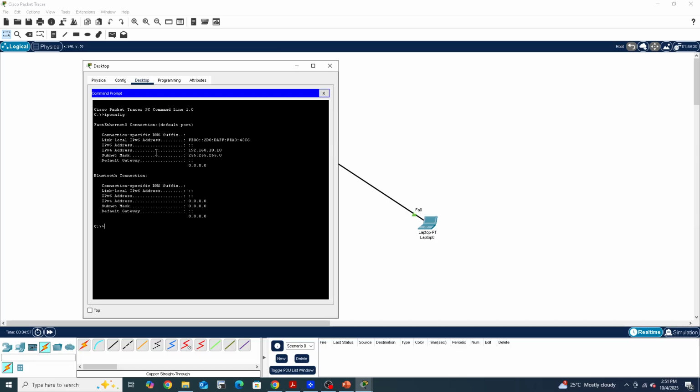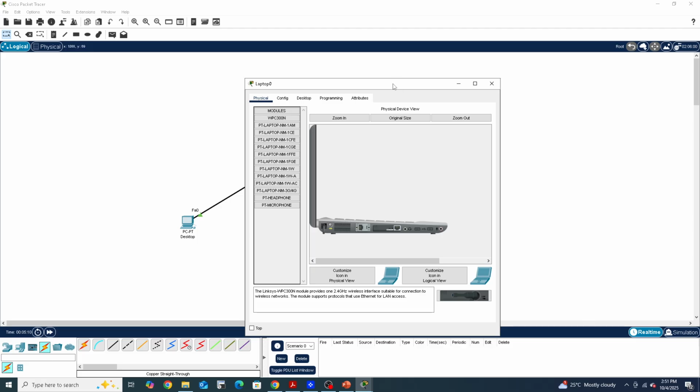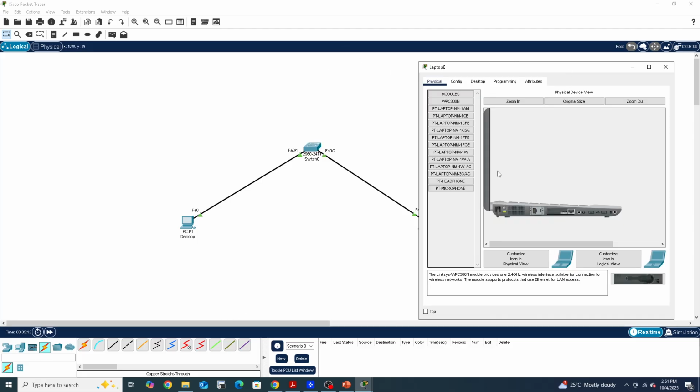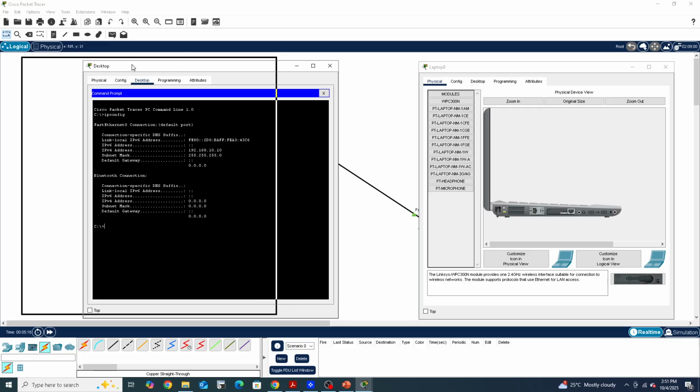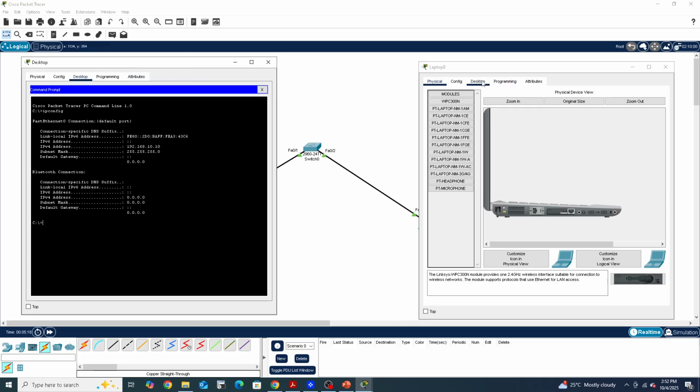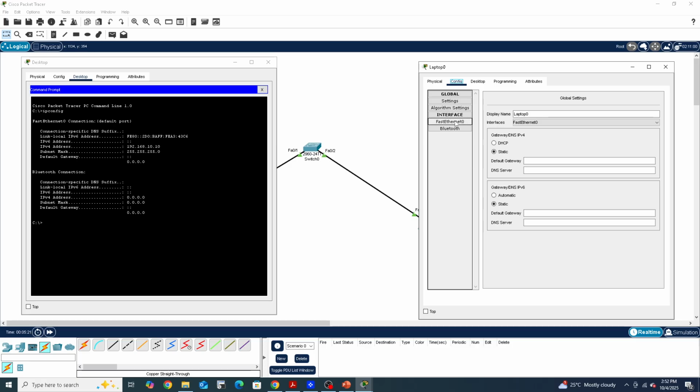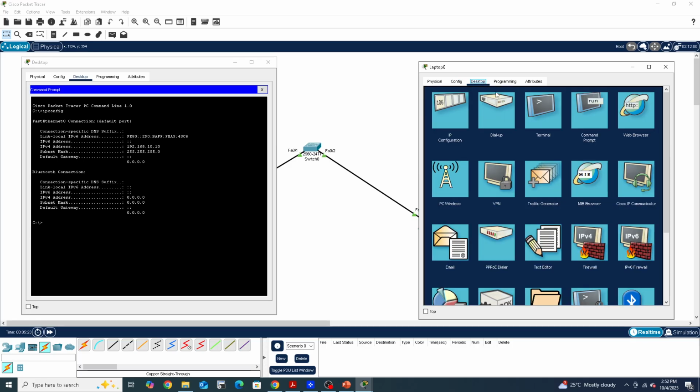You can see that IP, what you have configured on your desktop, is 192.168.10.10. Now I will open another screen for the laptop. Here you go. I'll keep it on the right side and the desktop on my left side, which I already configured. For example, since I have not configured this device yet, let me go to desktop and open